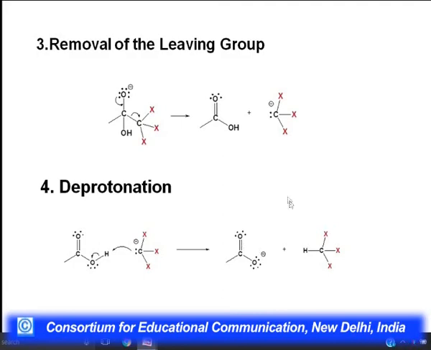So by this reaction we are getting a carboxylate and a haloform. If I quickly revise the reaction, what are we doing? First we are doing halogenation, then the nucleophilic attack of the OH on the carbonyl carbon, elimination of the haloformyl group,